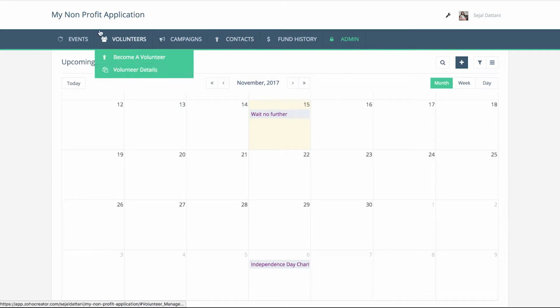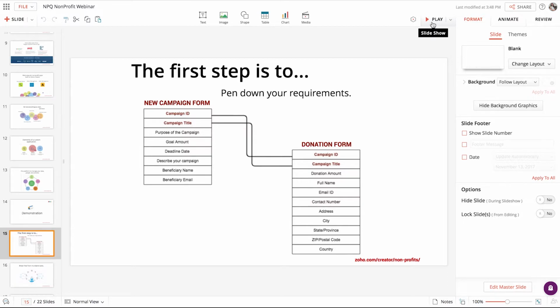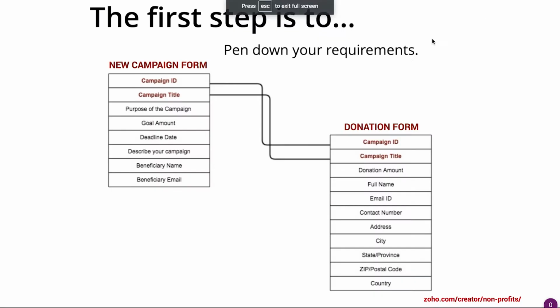So before we start building the application, or I would say before we build any application, it is always good to outline the application. That is, you need to pen down all your requirements. You do not need any special tool to do this. All you need to have is a pen and paper. By doing this, you'll get a clear idea of things like what data you need to collect, the types of reports you need to have, how data will flow between different components, and who will have access to these components.